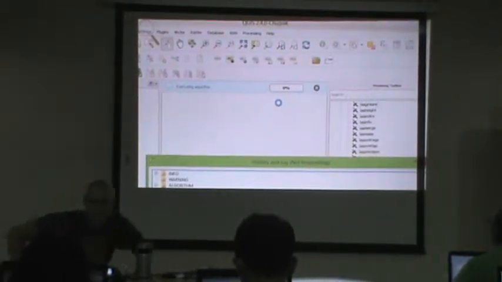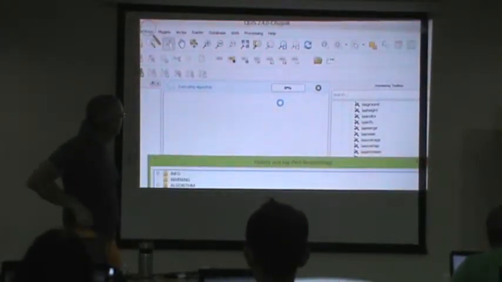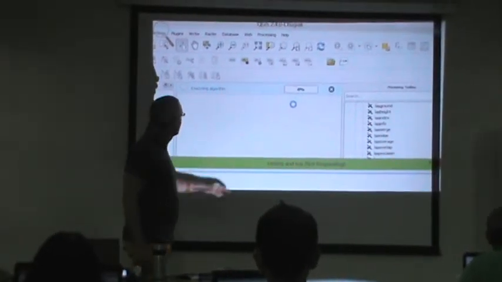Wow, so this is a model, currently it's executing it right now. I'm sure that's going to work. This is a model I created a while ago